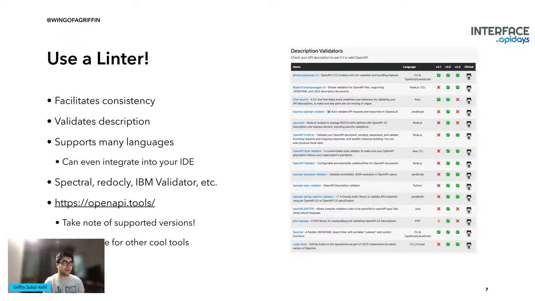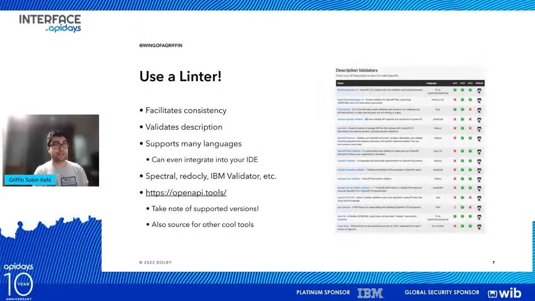It's able to support a lot of different languages, and they are built in a lot of different areas as well. So you can even see on this image over here that I took from Open API Tools, which is a very great resource in terms of just everything Open API related, both for linters, for documentation tools, and all of that. It's going to show you all the languages they were built in, as well as all the different versions they support. So it's another important thing to keep in mind, that you are using tools that are appropriate for the version of your Open API spec that you are actually using.